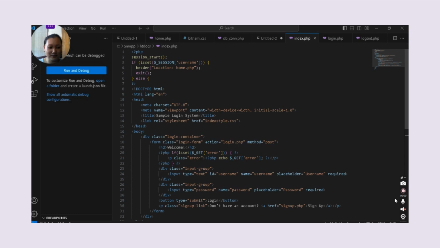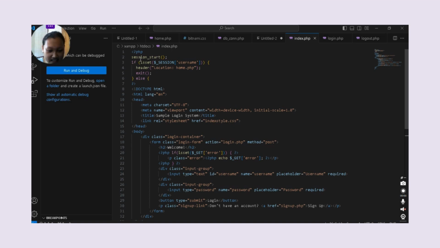This is a crucial part of our website as it ensures that users can securely log in and access their personal content. Whether you're a developer looking to implement a similar system or just curious about how this works, just stick around. So first, this is an example of a login web page.